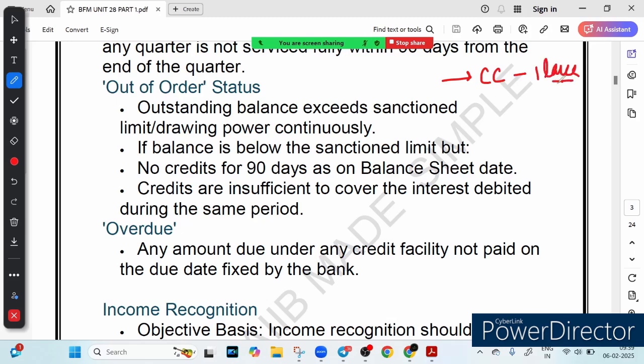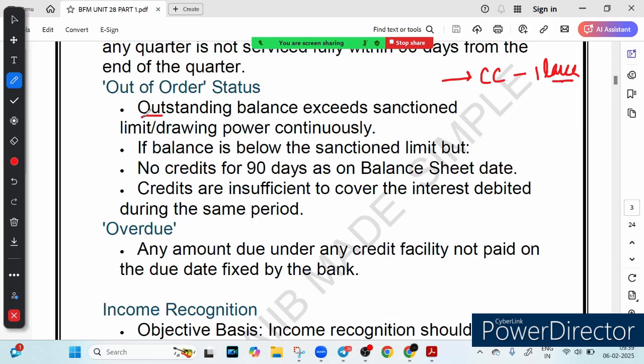And if you keep using it beyond the limit and don't repay the dues, you are in trouble. So you have exceeded the limit. You have used the entire 1 lakh limit, right? And beyond the limit, suppose you use 1.2 lakh and you do not repay the dues, you are in trouble. Similarly, in banking, an overdraft or cash credit is considered out of order if